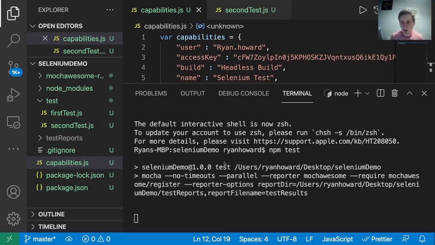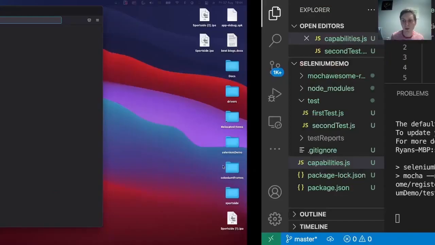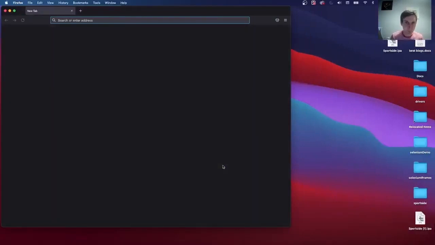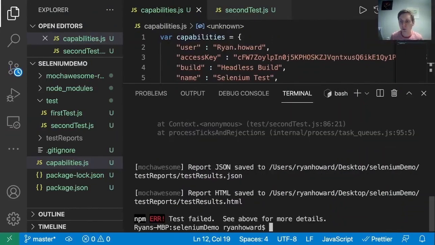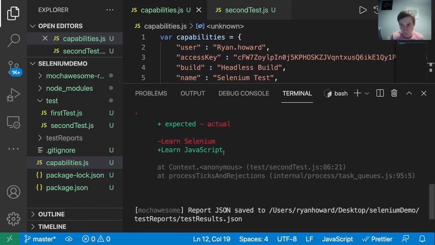So nothing else has changed here. We've still got 3 tests which will be run. One of them is going to execute locally, which is what's running now on Firefox, and the other 2, as per our previous videos, will run on the Lambda Test platform. Of those 2, we're expecting one of them to pass, but the second one we're expecting to fail,